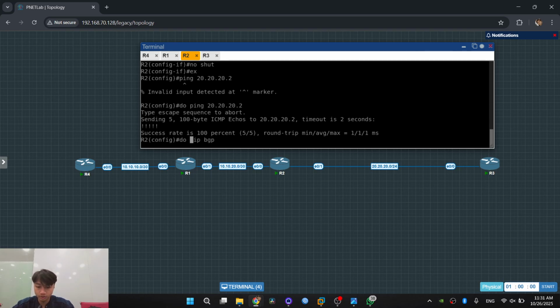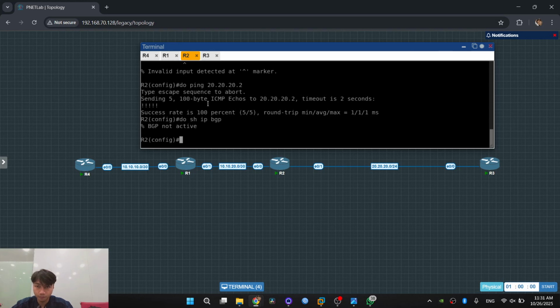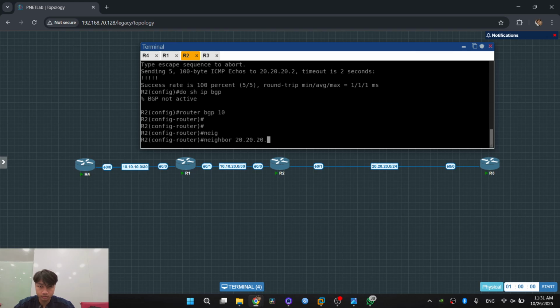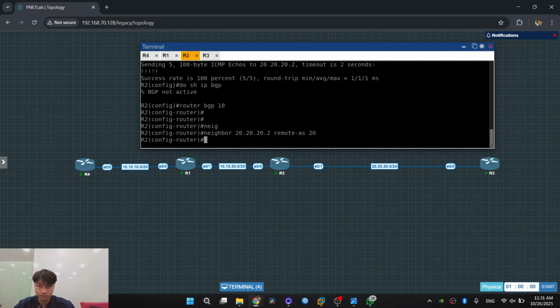Do sh BGP. Alright, we have not set the BGP neighbor. This is S20.